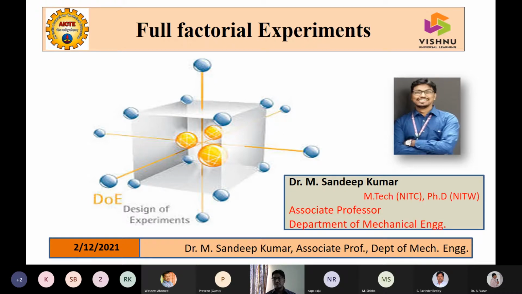So today my focus would be majorly, first, on the beginners. Apart from that, we'll be looking into one factor at a time, 2 to the power of k factorial designs, then full factorial designs, and a bit of a hint of fractional factorial design that would be covered in the morning session. Apart from this, in the afternoon session, we'll be looking into RSM, that is response surface methodology, and how it is different from one factor at a time or full factorial or fractional factorials. Okay. So these are the things that we'll be covering.